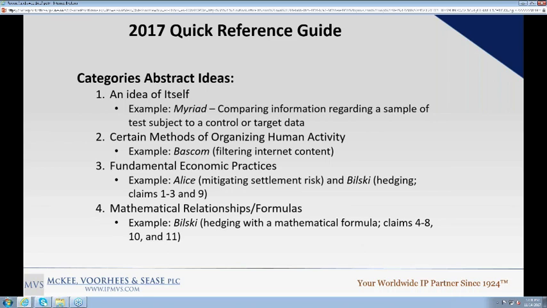So those are the categories, and like I said, it's a good resource because if you can figure out what category you're falling into as an abstract idea, or if the examiner hopefully has called it out saying, this is an abstract idea because it is a known method of organizing human activity, or it's a mathematical formula, then you can go to that sheet and you can look at those cases and you can walk through them and say, okay,